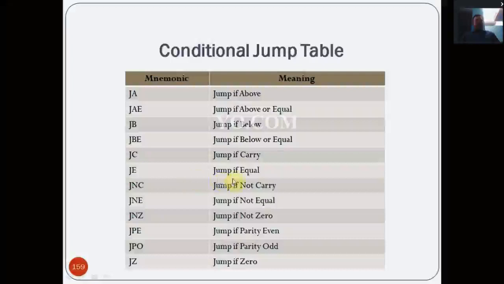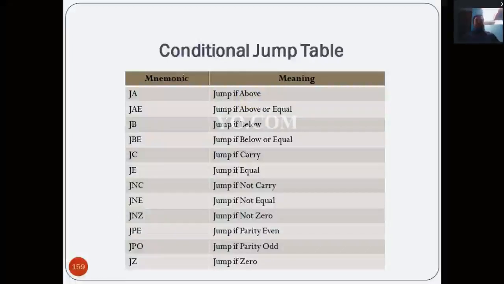Similarly jump if equal, then jump if not carry, JNC, then jump if not equal, then jump if not zero, then jump if parity even, then jump if parity odd, jump if zero. Okay, so these jump instructions mainly depend on flag registers. These jump instructions depend on the comparison instruction. So these are some conditional jump instructions.